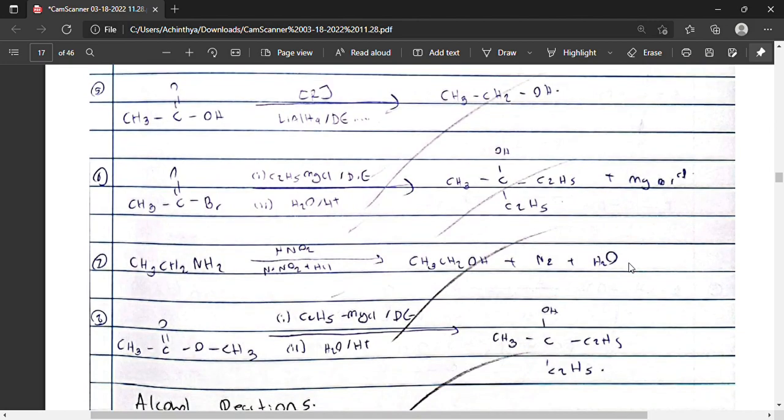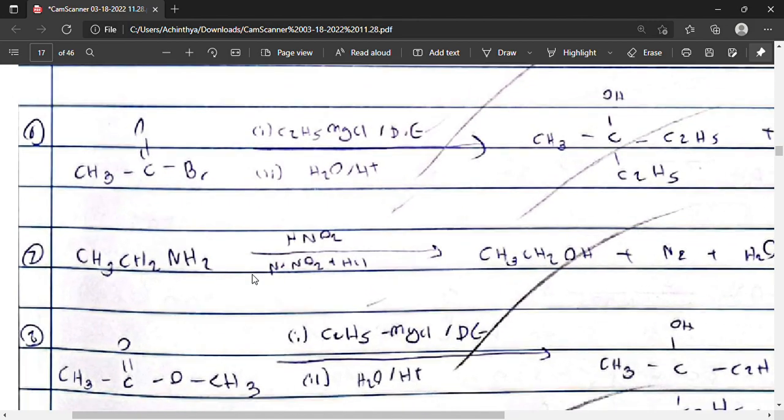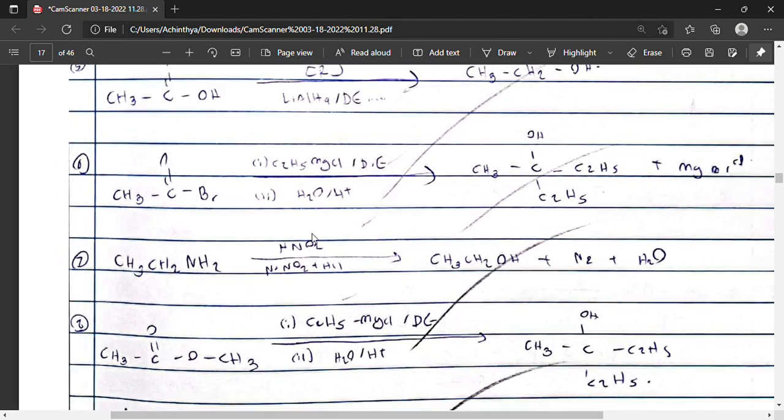Another way of producing alcohols is by adding nitrous acid into an amine. Here we have ethylamine, and we add nitrous acid into it, and it forms ethanol and evolves nitrogen and